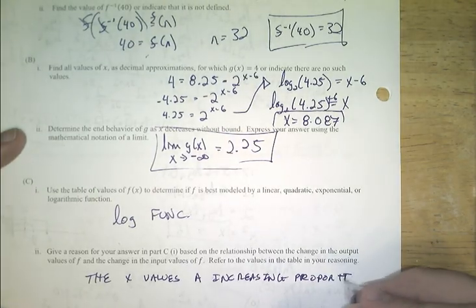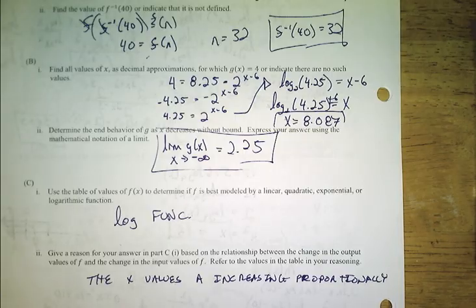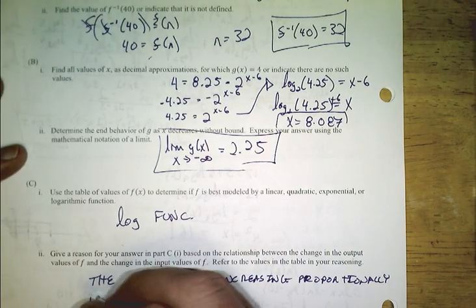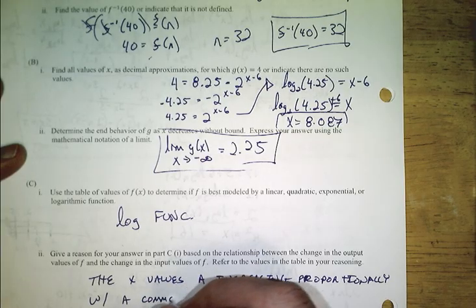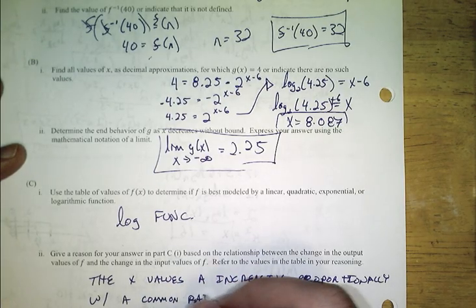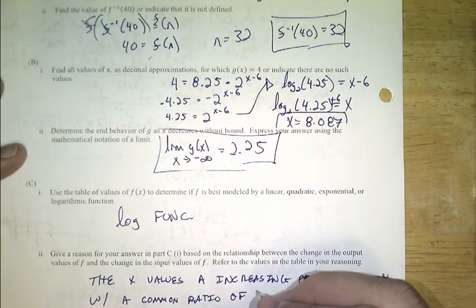I think they want you to use that word, proportionally. The x values are increasing proportionally. We can be a little specific and say with a common ratio of 2,